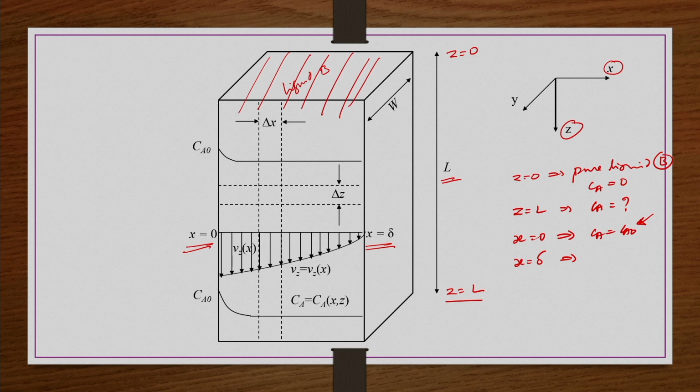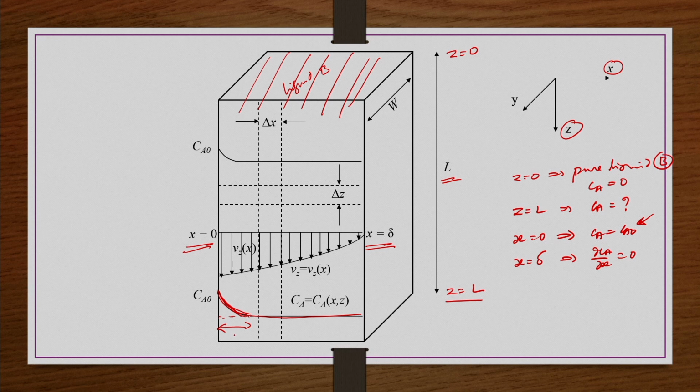What do we have? It has been mentioned that this component A is penetrating only to a smaller distance. That is the reason its concentration is varying. The variation in concentration is shown pictorially only for a small distance. After that, it is almost remaining the same. That means we can say dou Ca by dou x is 0. Right.